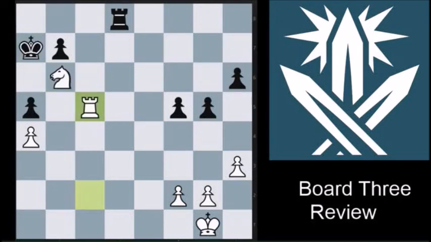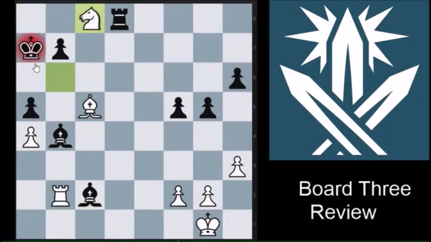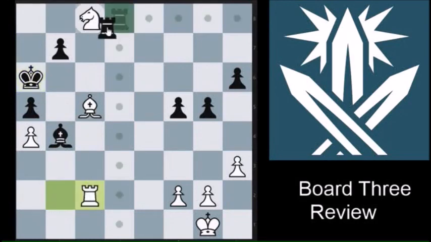While there aren't really any good discoveries. Like if you go somewhere random with the knight, black can take on c5. Sorry, in this position, if you go somewhere random with the knight, black can take on c5. If you play the double check, knight c8 check, you can actually just go king a6. And here, if white takes on c2, c8,